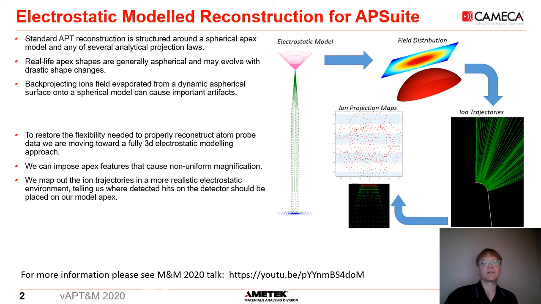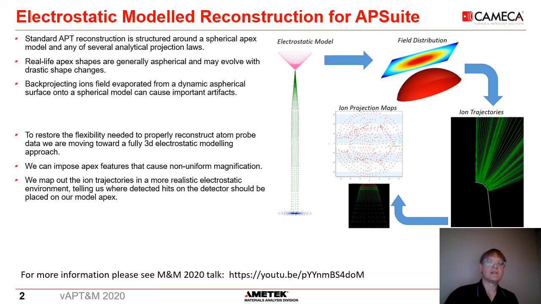Since we are currently restricted to a spherical apex, we can't really accommodate some of those shape changes, and the resulting incorrect back projection can cause important artifacts like unphysical density variations. To make substantial improvements in these cases, we need to break away from the constraint of using a spherical apex